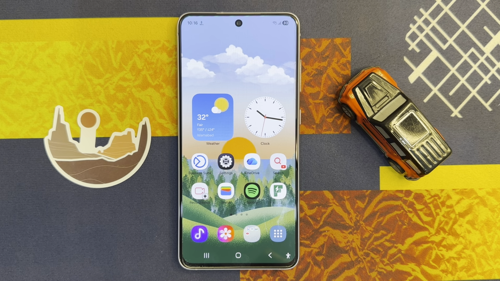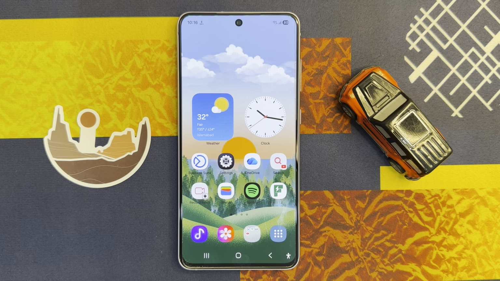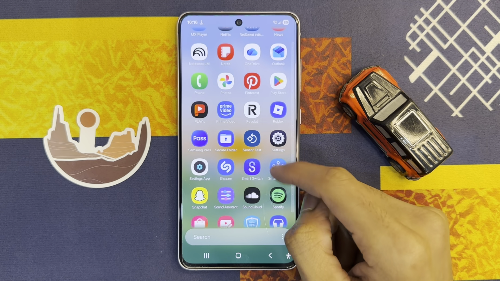Discuss how to fix if you cannot receive calls on Samsung S23 Ultra. Let's start the video. First of all, if you want to fix this problem, go to App Library, click on